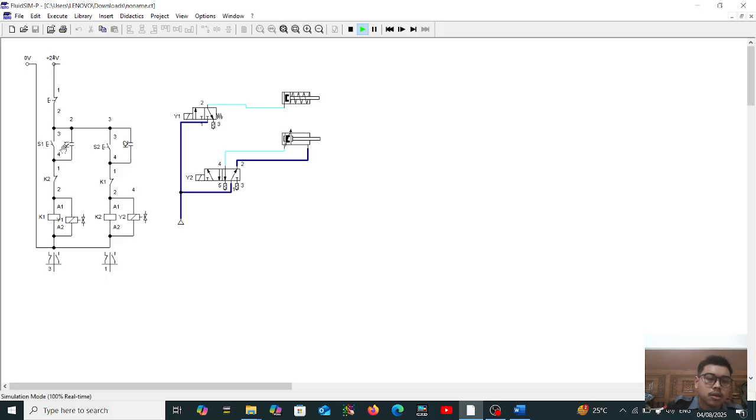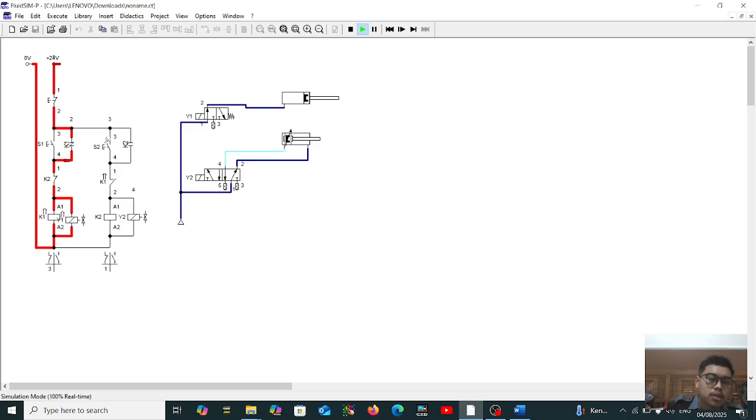We can see when I push switch one, cylinder 1 will go forward, and we cannot start switch 2.